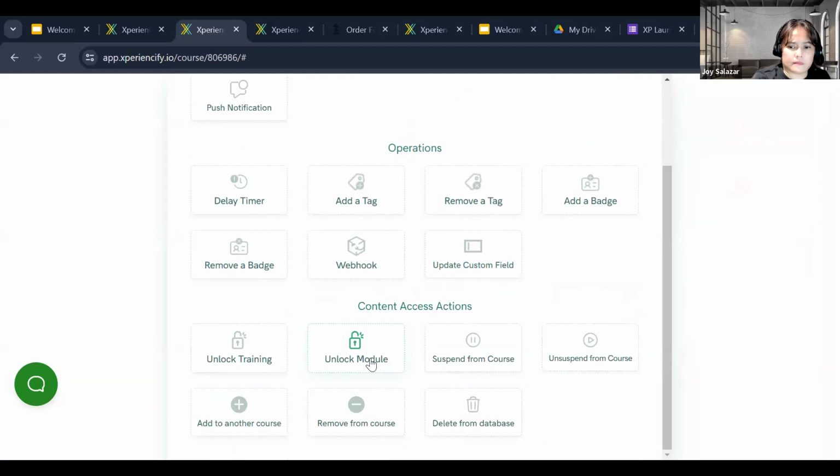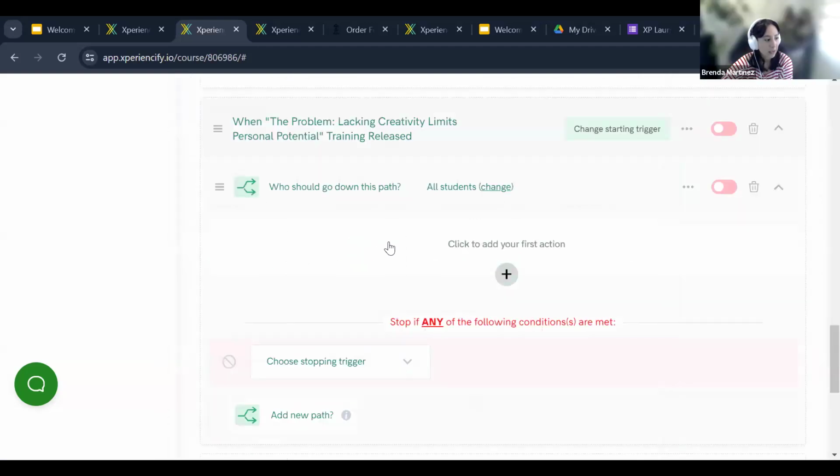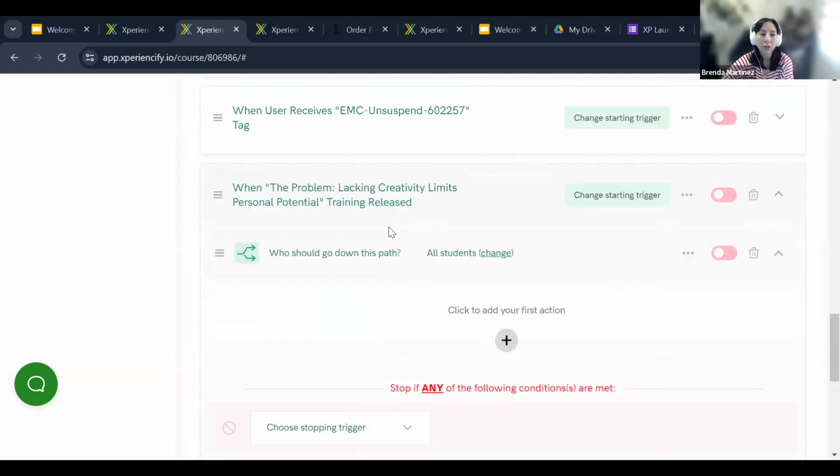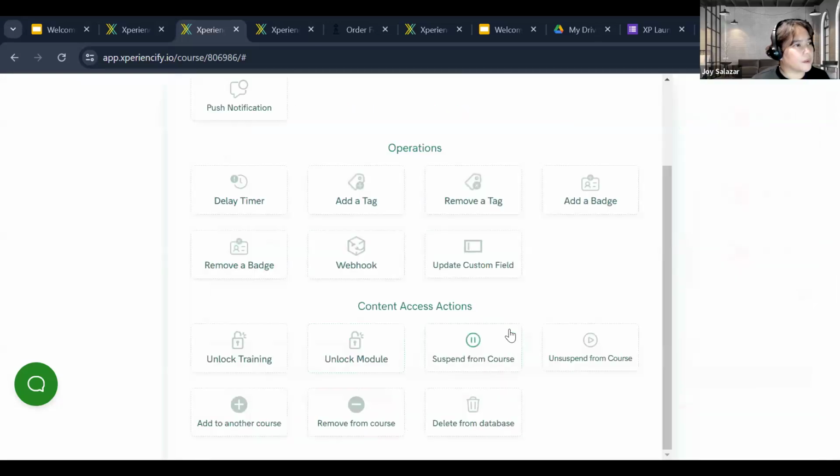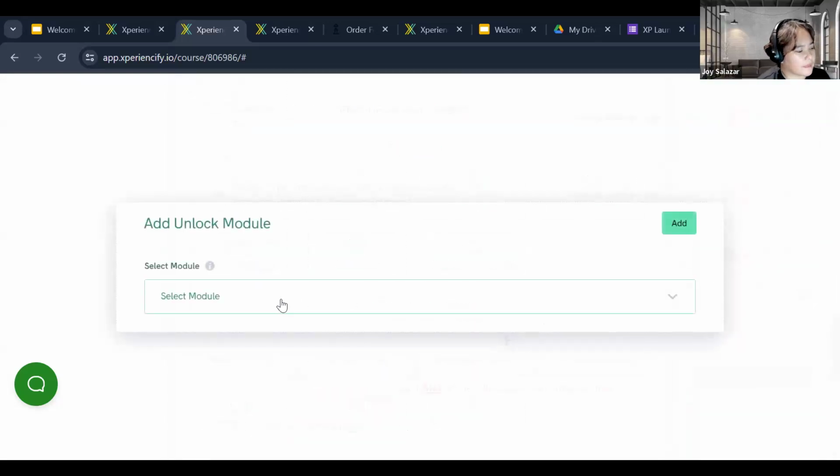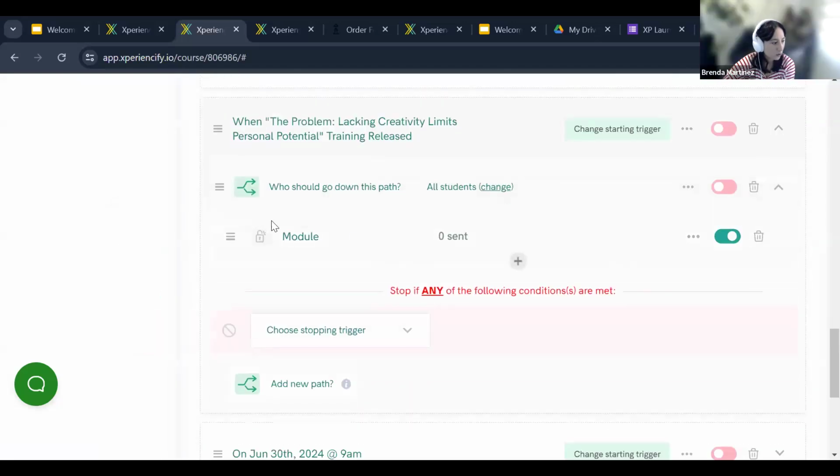So in that logic, the trigger should be when a training is completed, not when it's released, right? Okay. Because when a training is completed, then you have to add the action, which is unlocking a new module. But what about if I want it to be on Sunday, every Sunday, for example? So here,